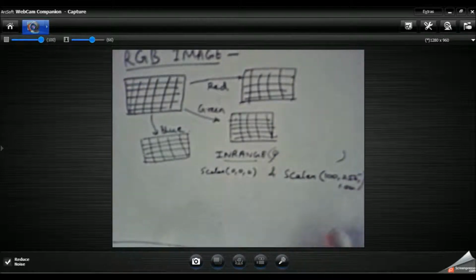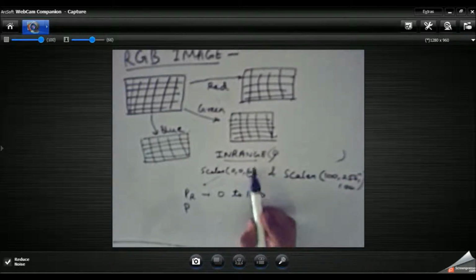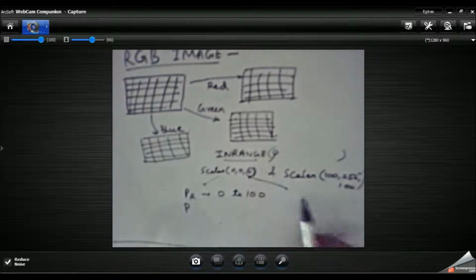The meaning of these two scalar terms is that the pixel intensity of the red color matrix will be from 0 to 100, and red is at this position, because I have told you in OpenCV it is not RGB, it is BGR.